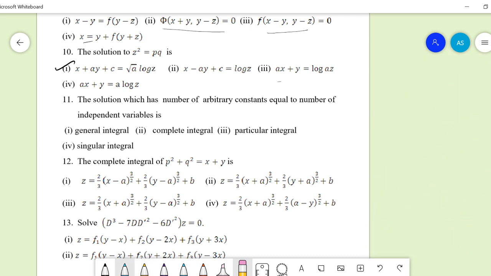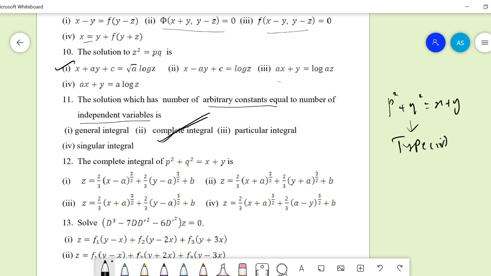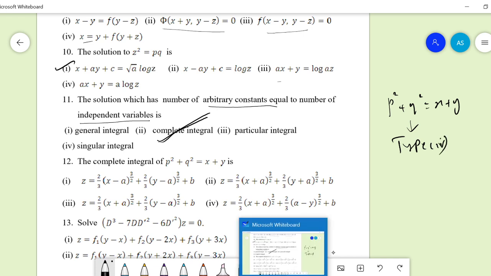Now the solution where the number of arbitrary constants equals the number of independent variables is known as the complete integral. Next, the complete integral of p square plus q square is equal to x plus y. Here it is type 4, so in type 4,